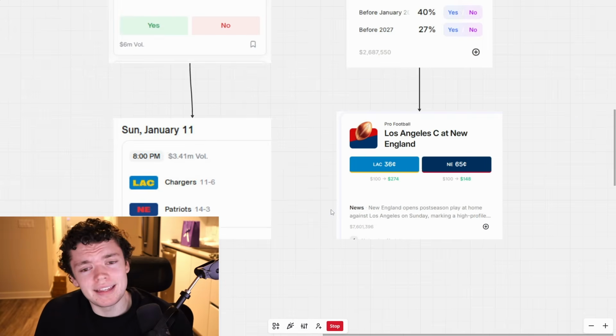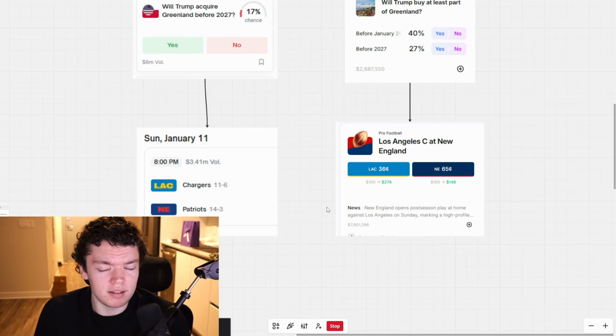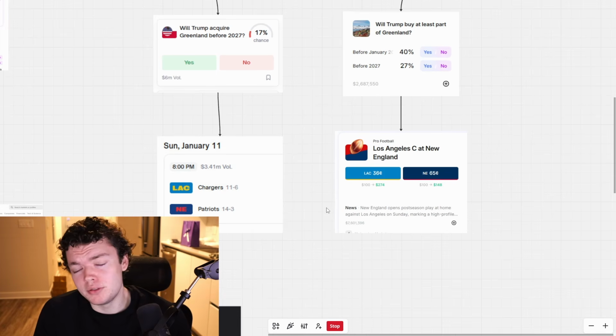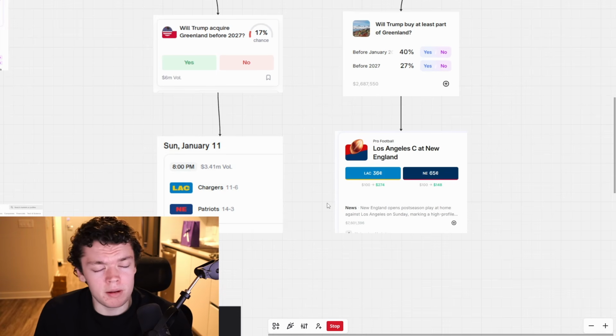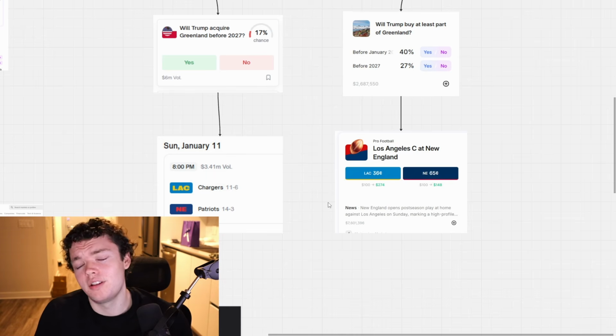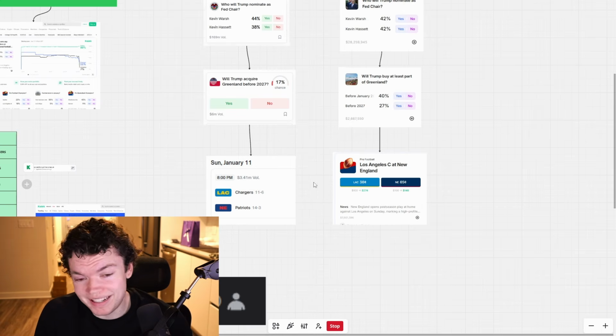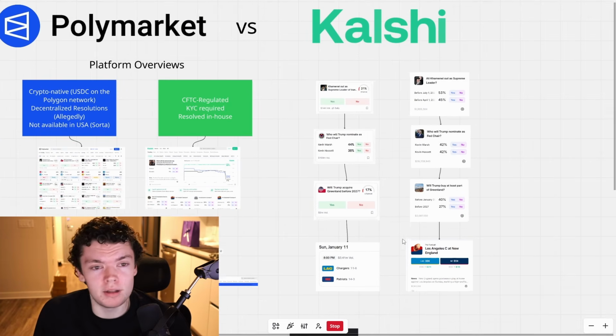Okay, but the reason why Kalshi has more volume on sports markets is because they are allowed in the United States, and all of their ads you see on social media are all about sports. It's all about sports. If you've ever seen it, they make AI ads. It's like some AI person talking, and it's talking about sports. So that's probably a big reason why, but don't trade sports. Trade stuff where you can have an edge. Okay, edge is very important.